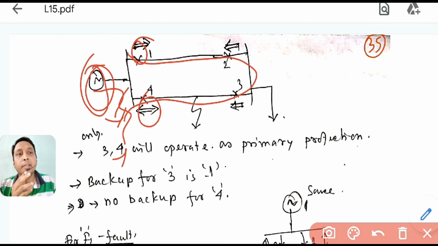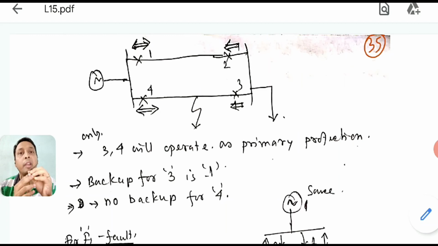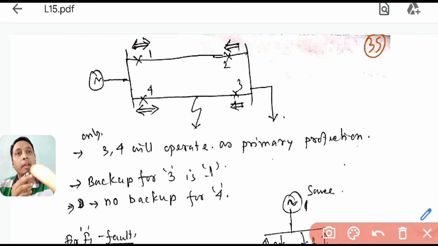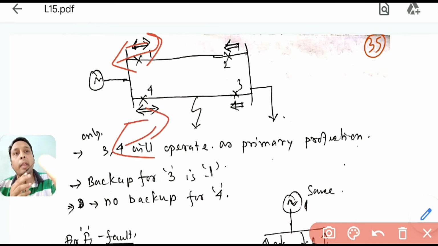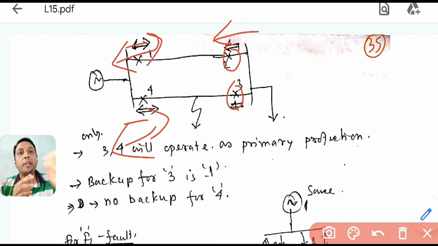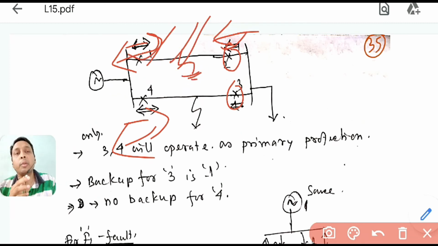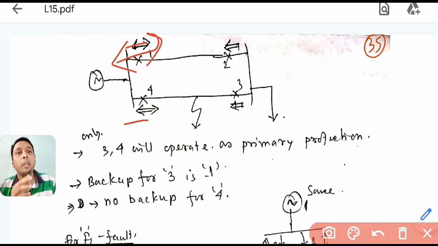And the other relays, the load side relays or the other side of the feeder relays, are always directional. So here these two relays are made bidirectional. And this relay, which I have given in this feeder, is in this direction, so that if anything occurs in this feeder, these two will operate, so that this feeder goes out. So try to remember which one is directional and which one is non-directional: the generator side is always non-directional and the other side will be directional.